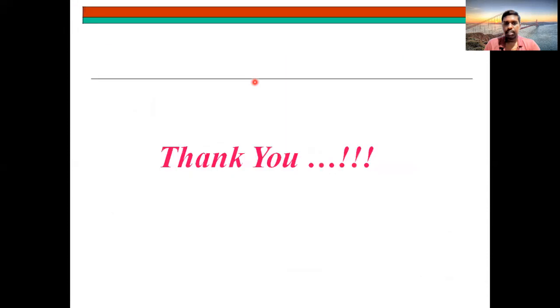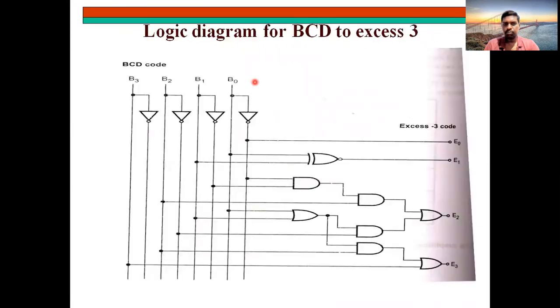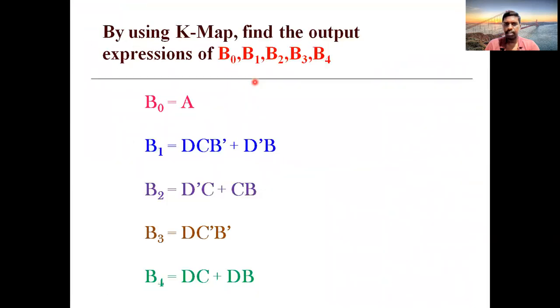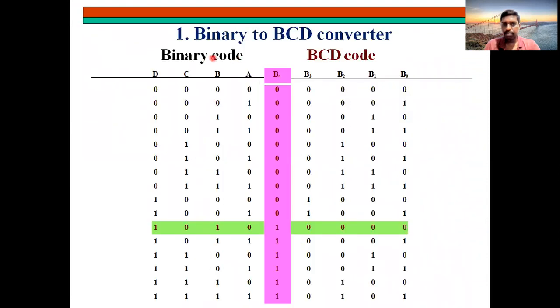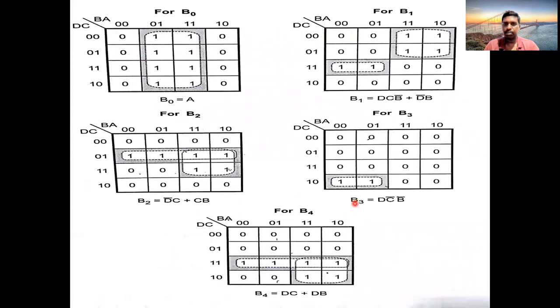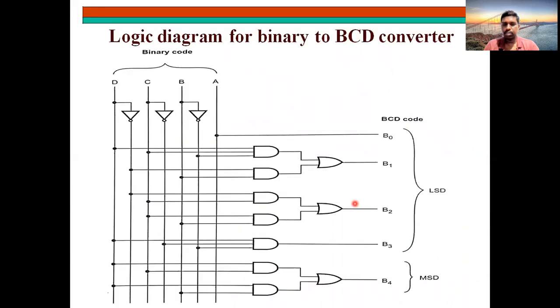So thank you all. If I have a small summary for this, the method you need to follow is, first of all, you need to find out what we are doing. Here we are doing conversion of binary input code towards BCD output code. Like that, you should analyze how many bits need to be taken and how to convert. After that, framing of the table is very, very important. If this table is framed, then nothing else is there. Directly simplify by using K-map and then draw the logic diagram as per the given expressions.